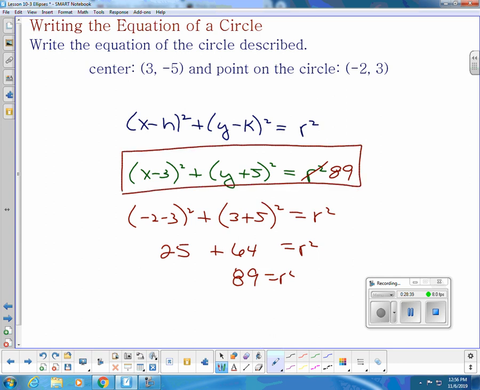Does that make sense? It's not real hard to do the circle formula. You need to know the circle formula, though. Have it memorized. Okay? That is ellipses. So,